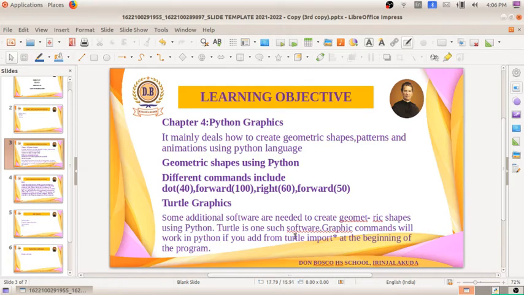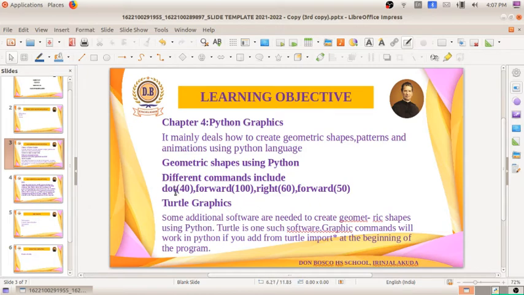For getting specific commands like dot and forward, we have to define them and make our language familiar with them. This Turtle is a library from which we can define all these commands.